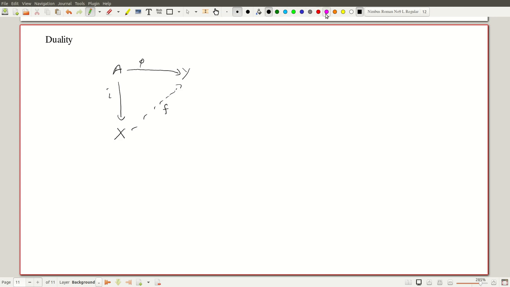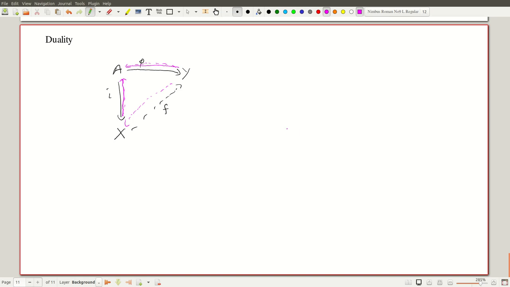Okay, and let's change color a little bit and reverse the arrows. So let's make this arrow dashed again because it's unknown in the other direction. By the way, I don't mean to say there is a function in this direction. This arrow has to be reversed, so it goes up, and this arrow has to be reversed, so it goes up. Okay, so now, but this is a solid arrow, and so is this. So only one of them is a dashed arrow.